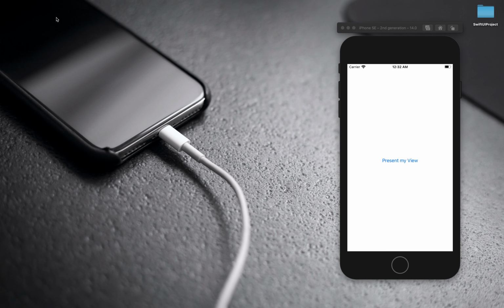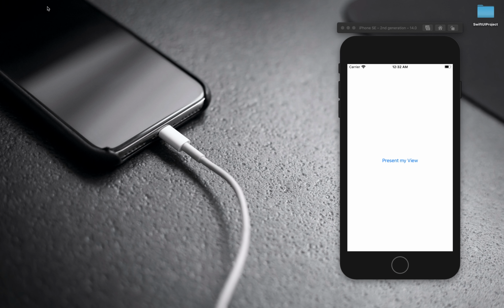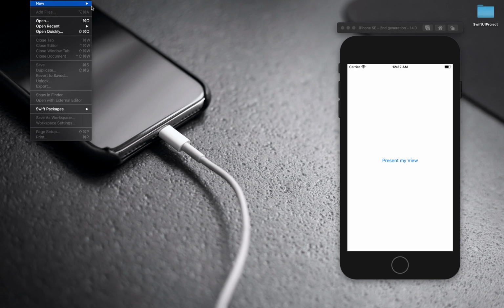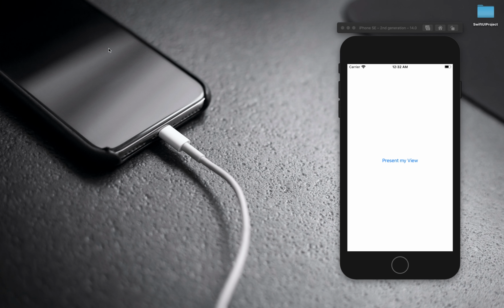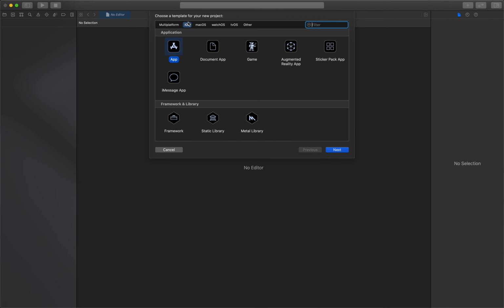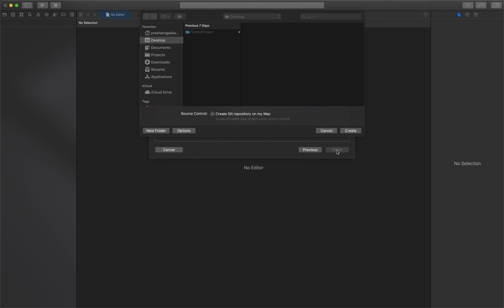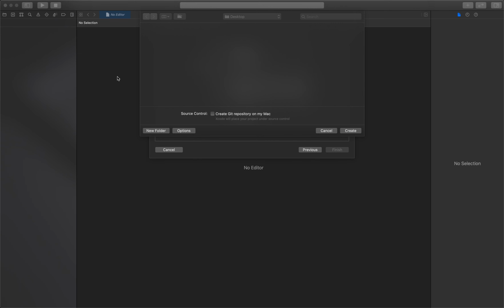So let's name our project as, okay, wait just a minute. Yeah, let's name. So currently it's working a little slow. Okay, so we will select a new project, and once it launches, let me full size the view, select iOS here, App, then let's say Modal Demo, make sure the settings are like this, click next, and let's save it on our computer.